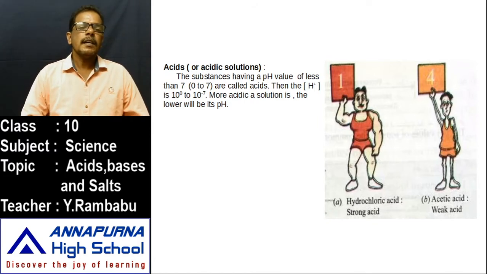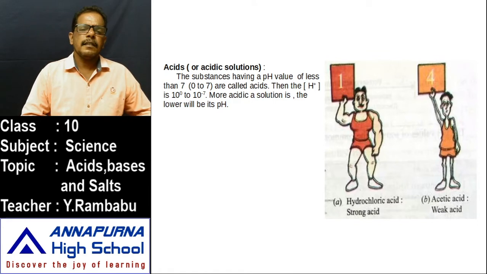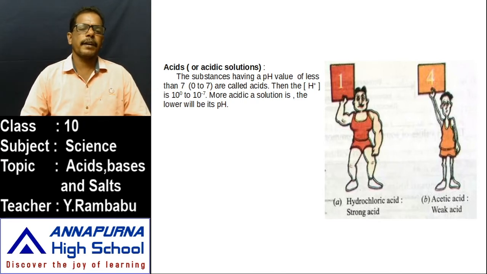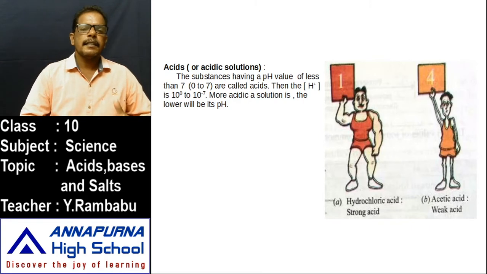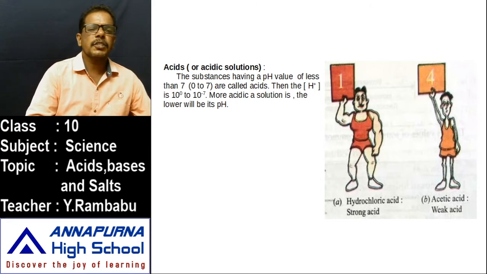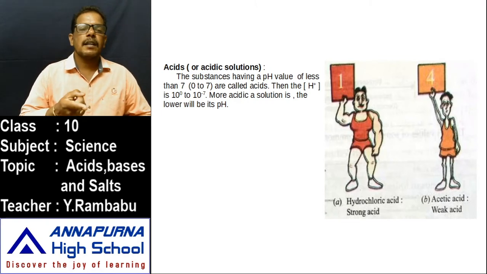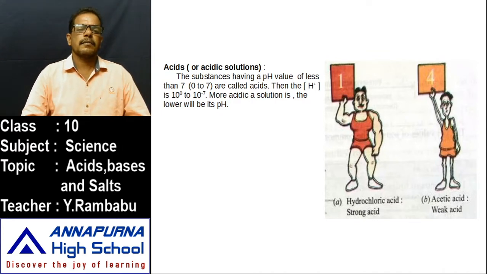Okay, that are acids. Then again in these acids, some are strong acids and some are weak acids. For example, if we test the pH value of hydrochloric acid, it attains which color? Red color, dark red color. Dark red color means in the pH chart, its value is 1. That means the pH value of this hydrochloric acid is 1. H plus ions concentration is 10 to the power of minus 1. Means more number of H plus ions are there. That's why it is a strong acid.